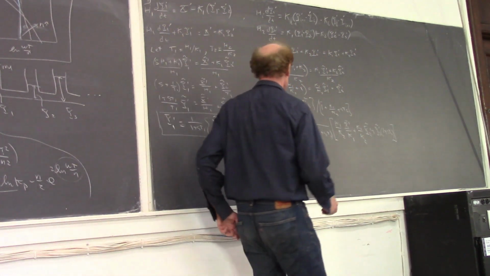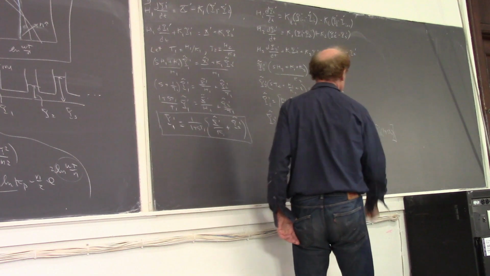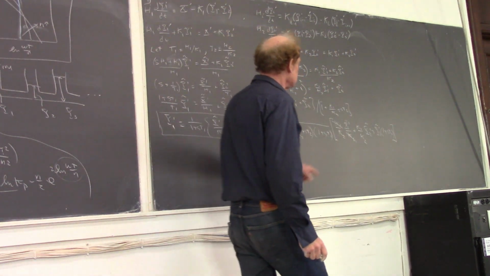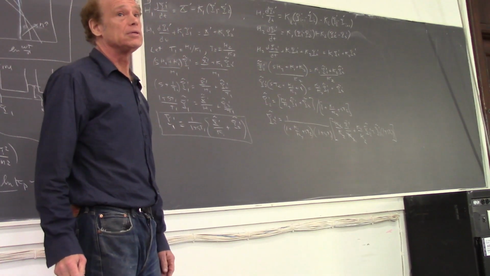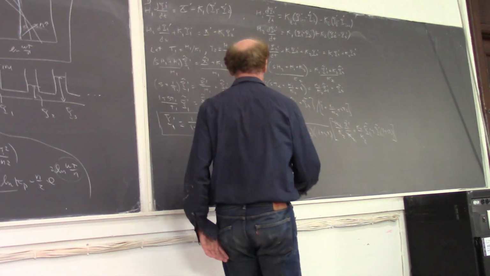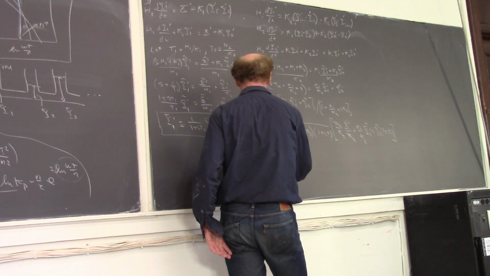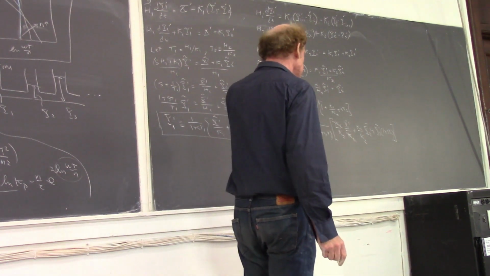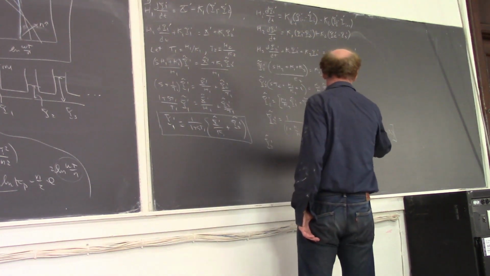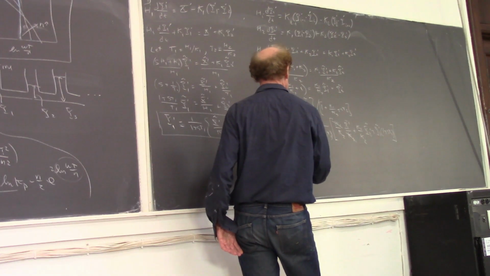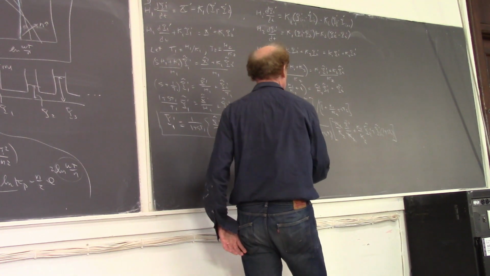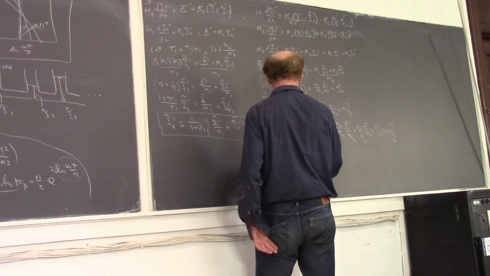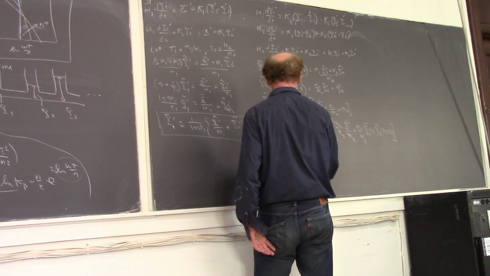And now I can cancel these k's. But I notice that there's a y2 here that I have to move to the other side of the equation. So I have y2 prime tilde times, let's move this to the other side of the equation. So if I move it to the other side of the equation, I have 1 minus k1 over k2